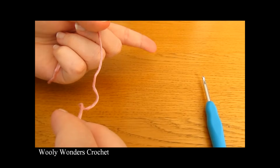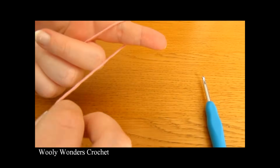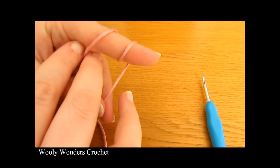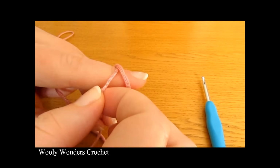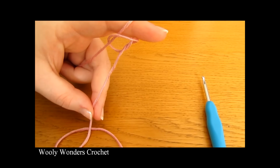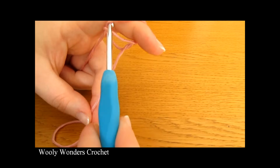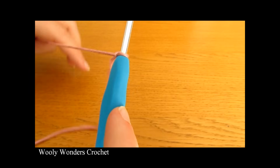So to do a slip knot, take your yarn and wrap the yarn around your finger once and then twice. Then take the first loop and pull it over the second loop, and then take the second loop and pull it all the way over your finger. You then want to take your crochet hook, go in through this space and pull tight, and there you have